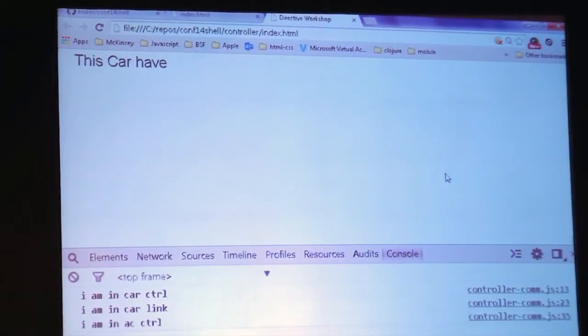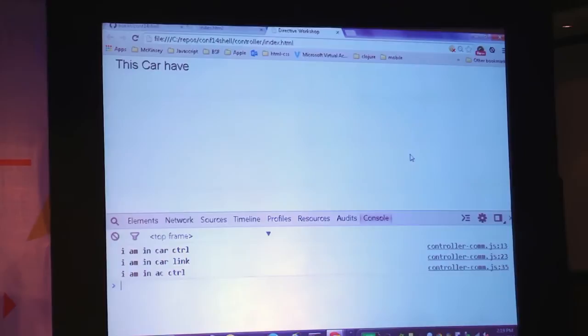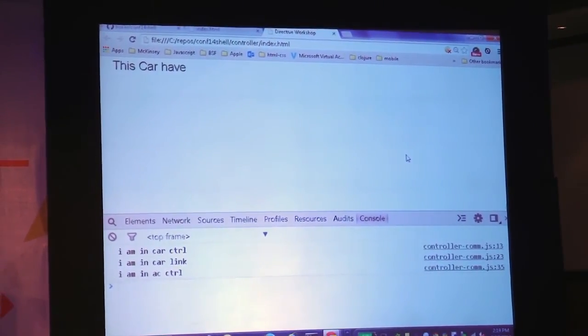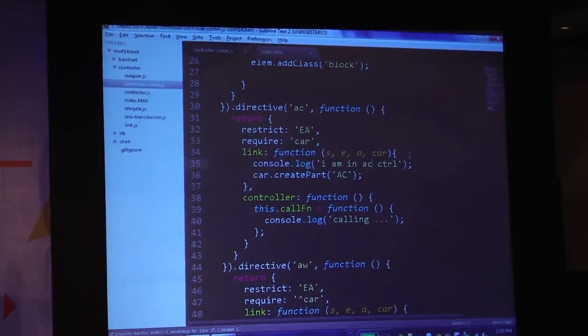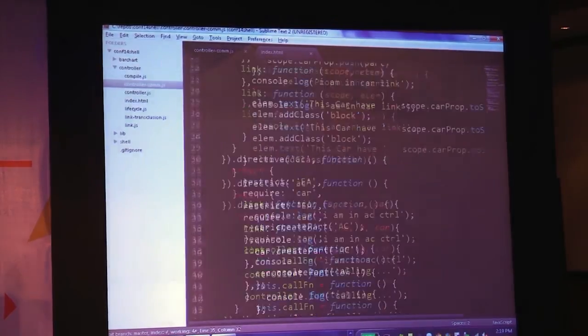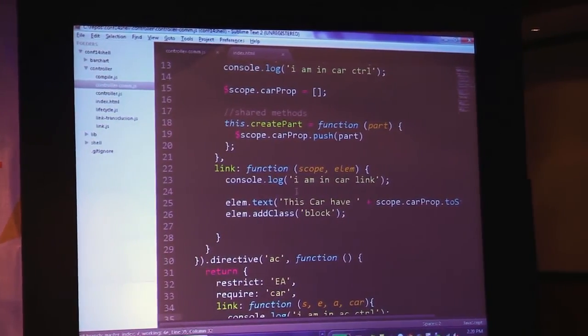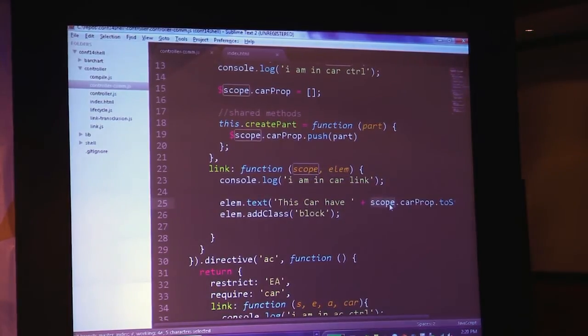What happens is that when it is in car controller, it exposes the functions. So that's why your AC gets those when it executes, right? But it comes to the car link function right away. And then it does not have that, right? This thing has already executed. The scope car property to string, the car property is null here. It doesn't have anything. So that's why it doesn't work. How do we mitigate that if you really want to do that? If you remember the first screen that I showed, all the 15 properties that we have, there was one property called